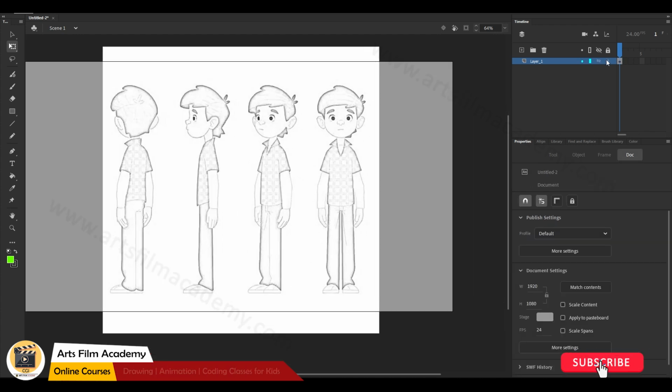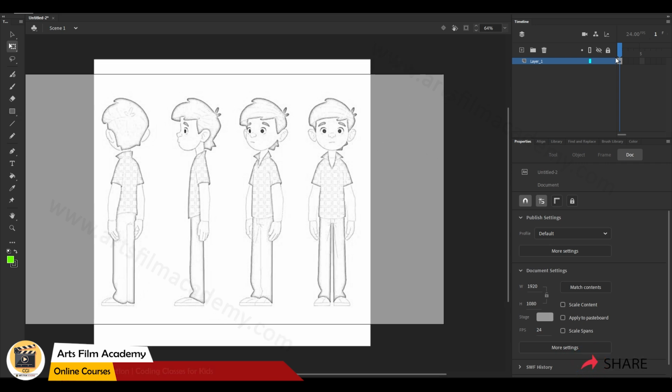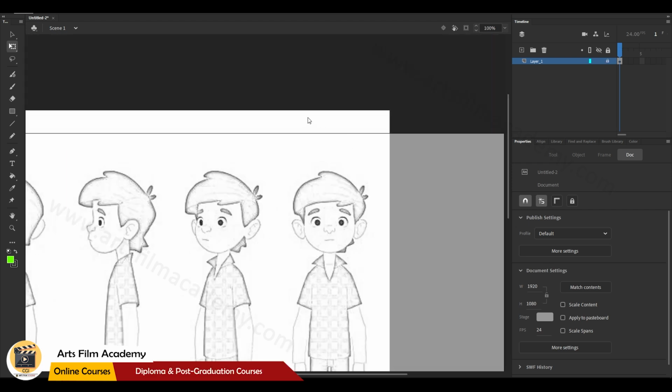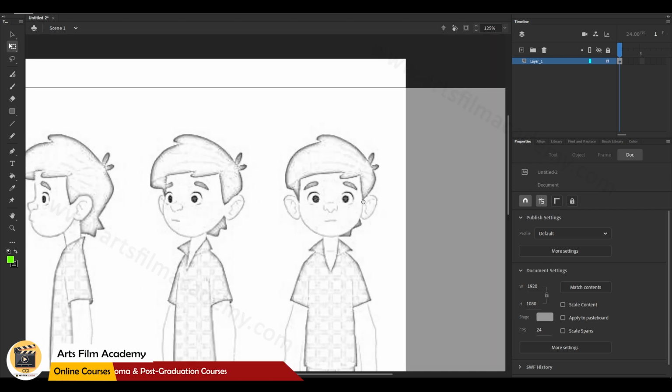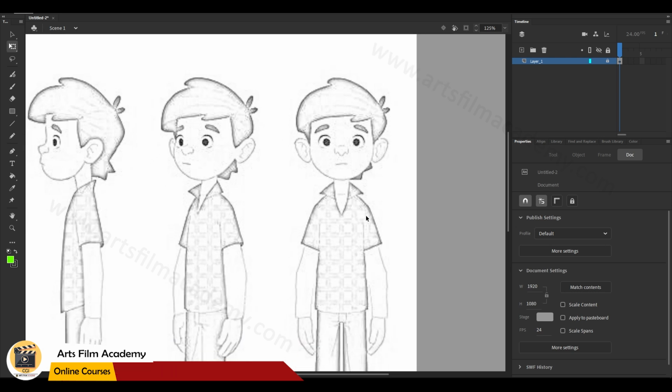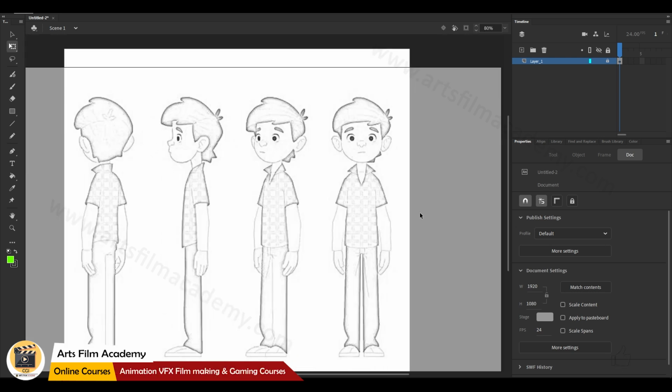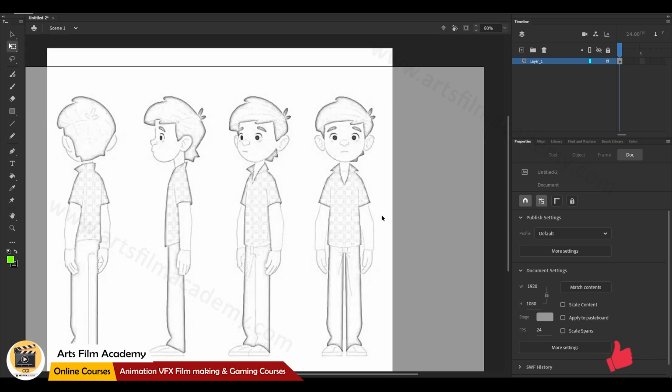Okay, so there is nothing special in drawing. Everyone knows how to use the shape tools and line tool or pencil tool. So you need to remember one thing. You need to keep this as separate objects, like face separate, ears separate, eyes separate, hand separate, body separate. Why? We will be using this for animation, so it's better if we keep it as separate objects,